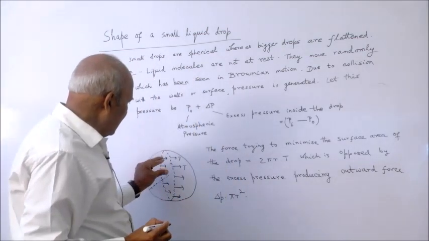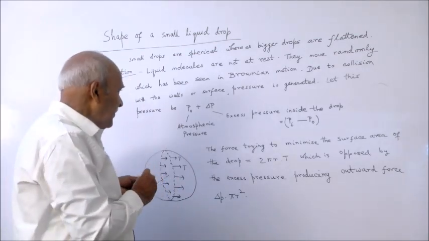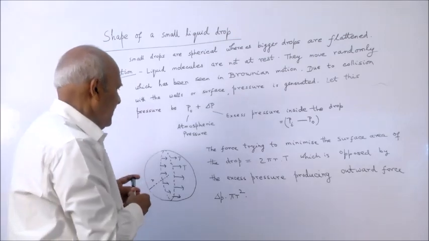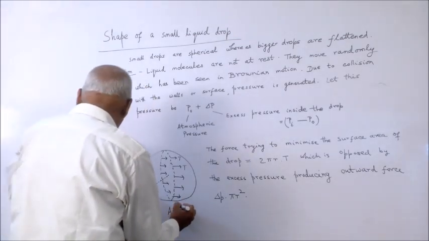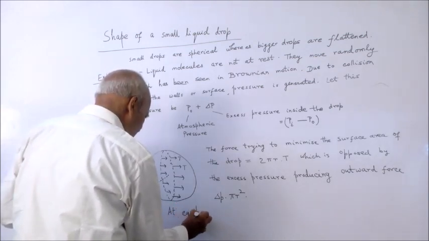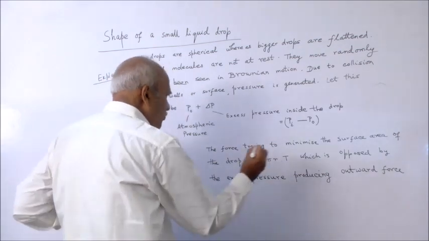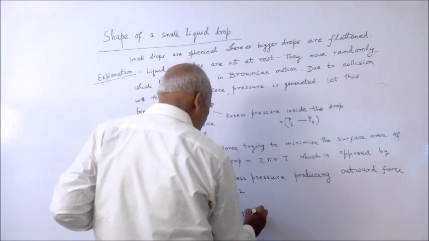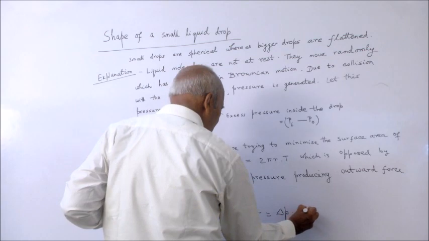So, this delta P tries to enlarge, and this surface tension tries to decrease the surface area. So, at equilibrium these two must balance. So, 2 pi r into T is equal to delta P into pi r square,